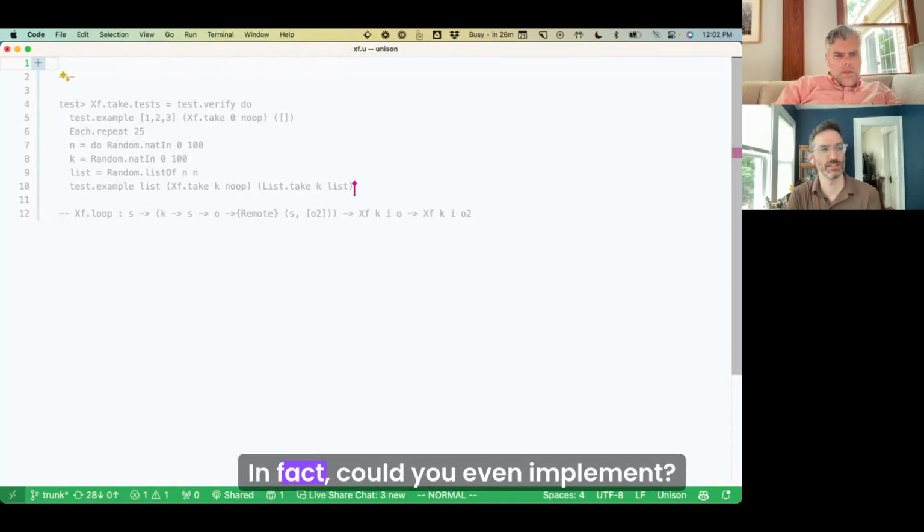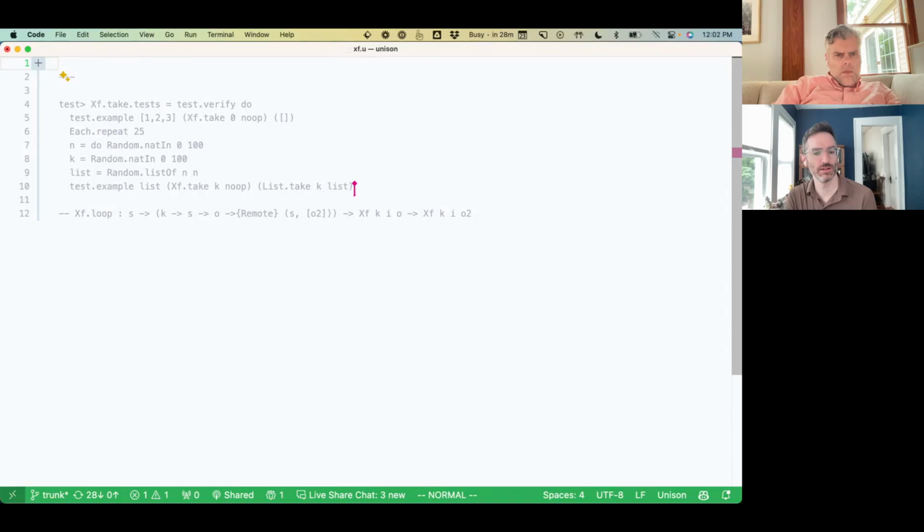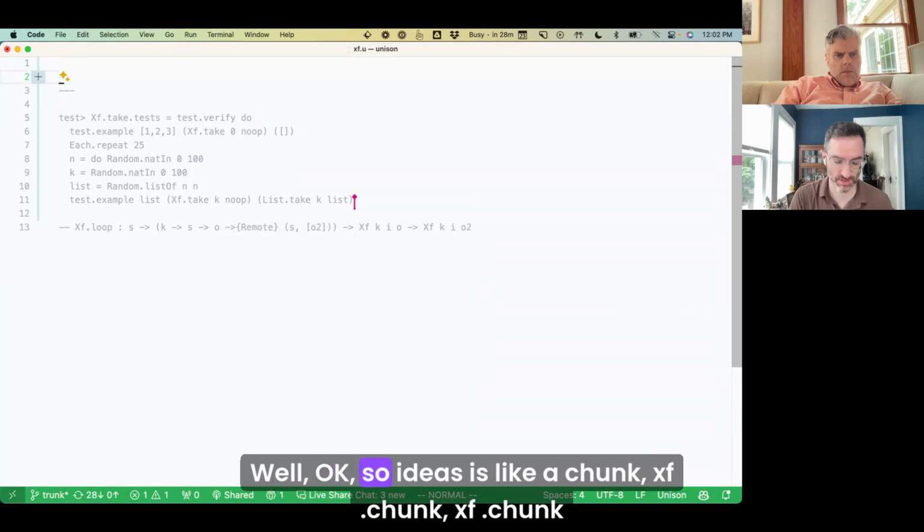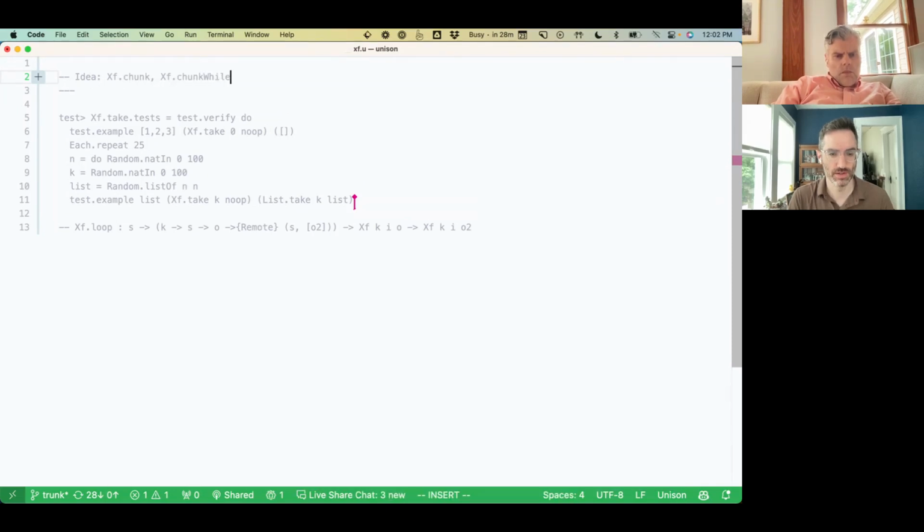In fact, could you even implement chunk? Well, okay. So ideas is like a chunk, xf.chunk, xf.chunk while.